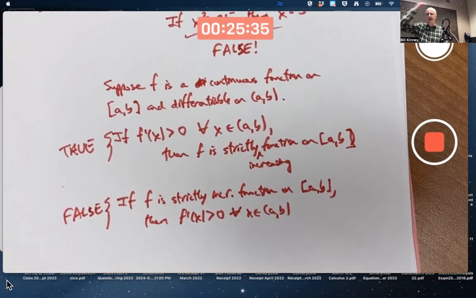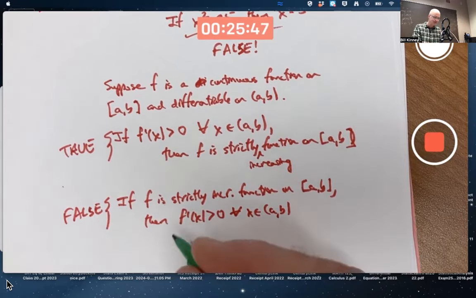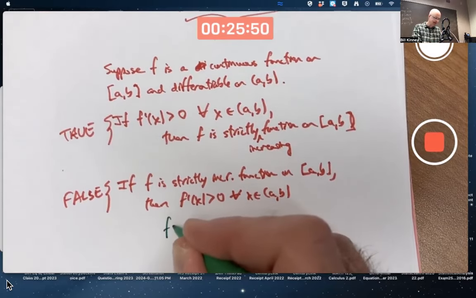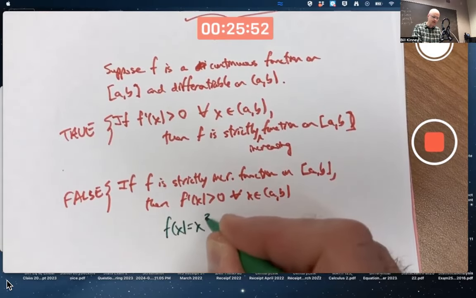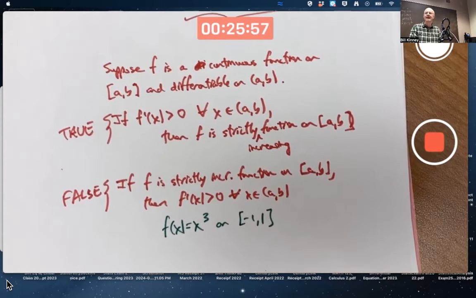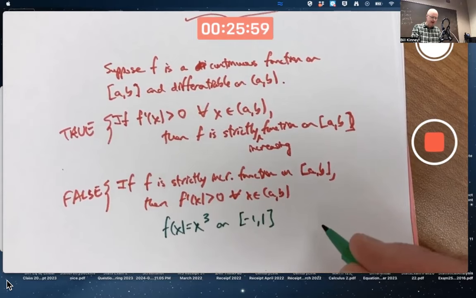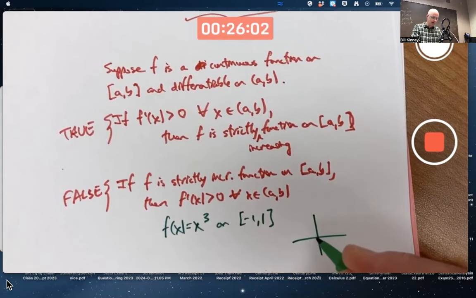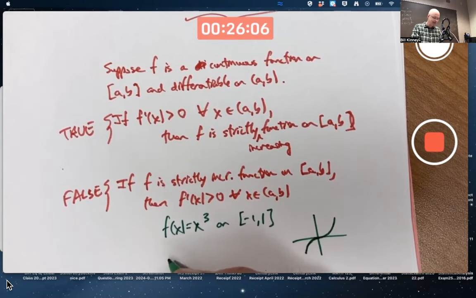If the function is going up, how can the derivative fail to always be positive when the derivative exists? One counterexample is good enough to illustrate that this is false. The simplest example I can think of is f of x equals x cubed on, say, the interval from -1 to 1. That function is strictly increasing on that interval. Its graph is going up. Its graph looks like this, so it's strictly increasing